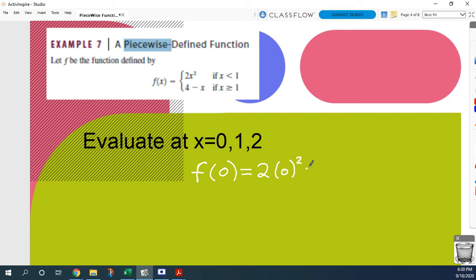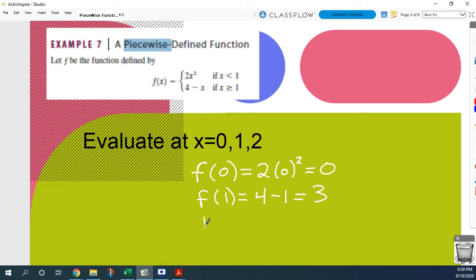Well, 0 squared is going to be 0. 0 times anything is also 0, so I get 0. Then we want to plug in a 1. If I look at my 1, well, my 1 is equal to 1, and the only one that has an equal to bar is my second piece, so I know that that's where I want to plug in my 1,